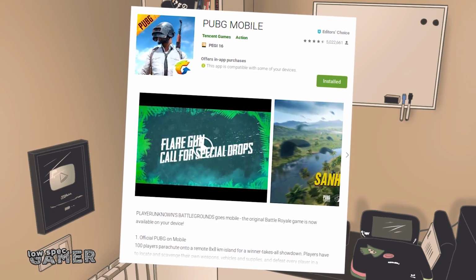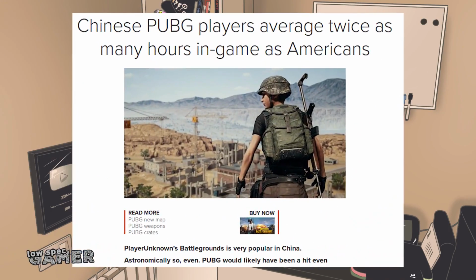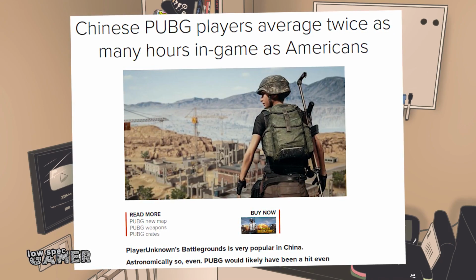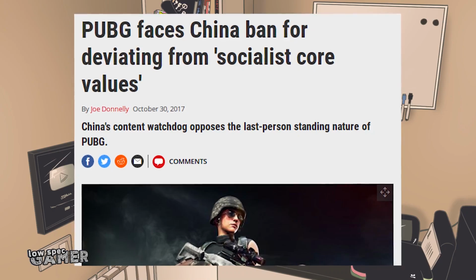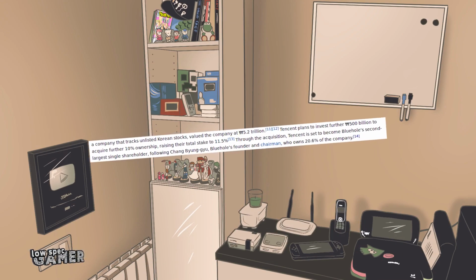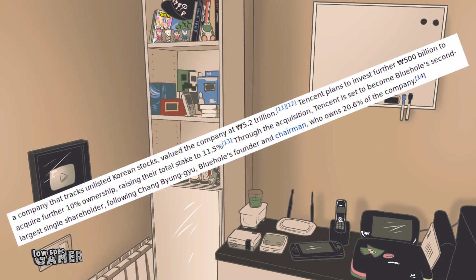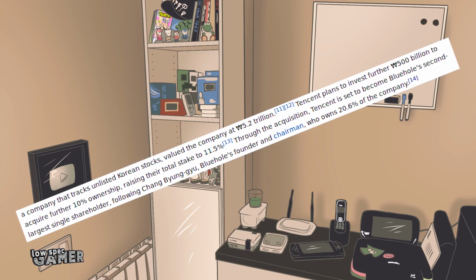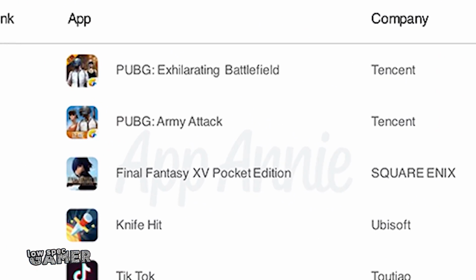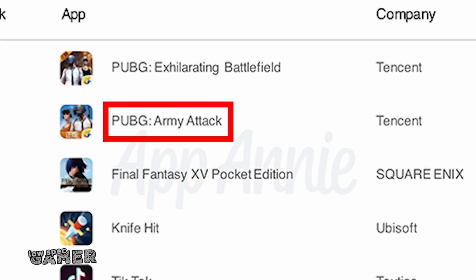The story of how PUBG Mobile continues to evolve is fascinating. After an infamous explosion of popularity in China, where the game was not officially available and was facing the possibility of being banned, the Chinese giant Tencent, which is now said to become the second biggest owner of Bluehole, announced the ambitious plan of porting what was at the time a notoriously heavy PC game to mobile, of all places. They announced two versions, Exhilarating Battlefield, a more direct version of the PUBG we know, and Army Attack, which